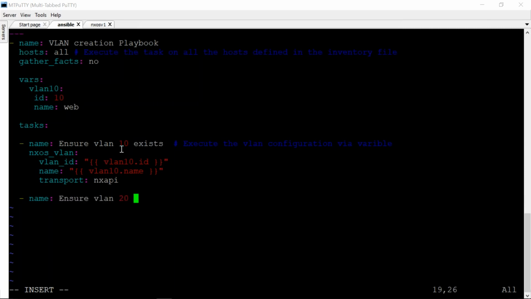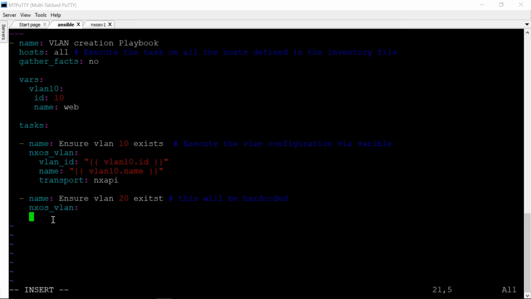Ensure VLAN 20 exists. And then I can give the comment like this will be hardcoded. Alright. Same thing you have to do, nxos_vlan. This you have to give, as you want to create the VLAN for NXOS. The hardcoding thing, how we can do it,